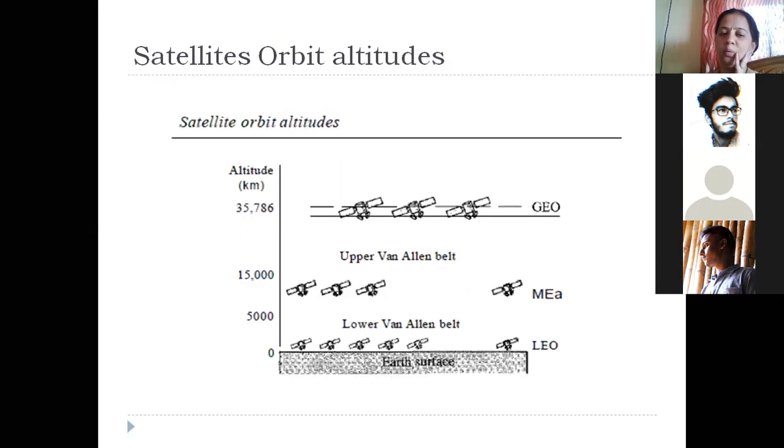Now what are these GEO, MEO, and LEO? Depending on where they are placed in the Earth's orbit, or how far they are placed, what's the distance between Earth and the satellite, that will decide whether it's a GEO, a MEO, or a LEO. So look at this diagram. Imagine this is the Earth's orbit, which is shown as the dotted area here. So Earth's surface you all can see in the diagram. The LEOs are,